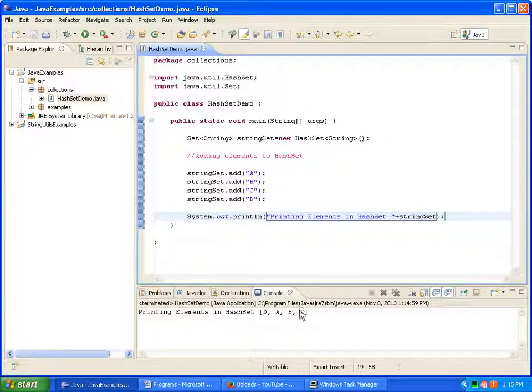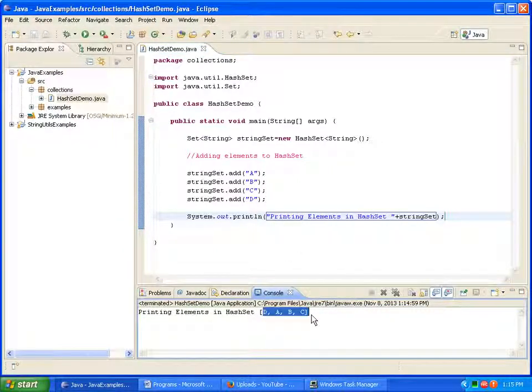So what are the elements we have? D, A, B, C. If we see the elements we have inserted, they are A, B, C, D. But if you see the output, we are getting D, A, B, C. That means the insertion order will not be retained in a hash set. So hash set doesn't maintain any insertion order. This is one of the main differences we can say between hash set and array list. Array list maintains insertion order.